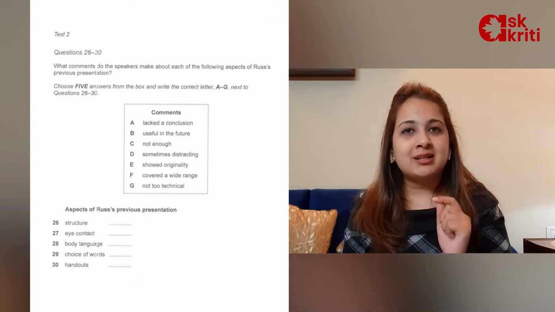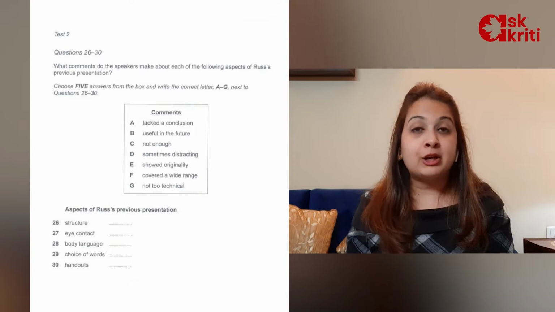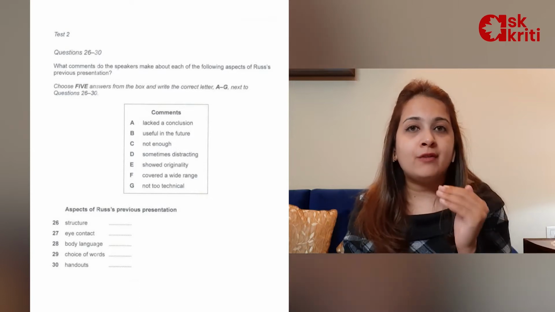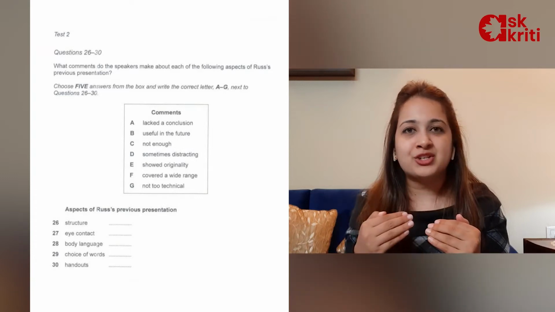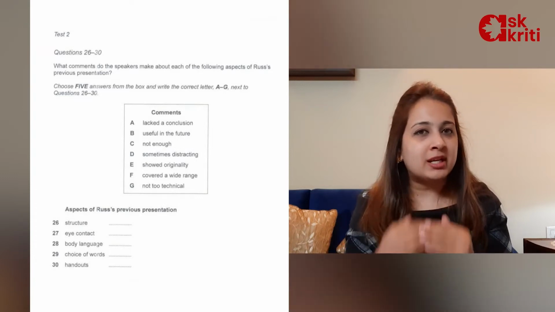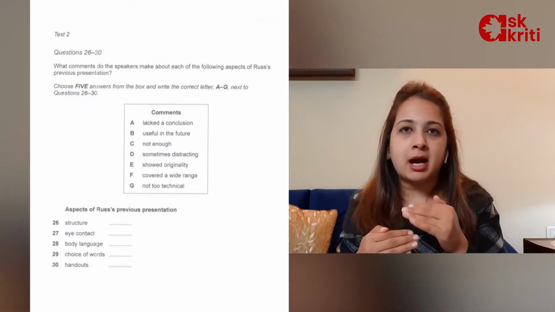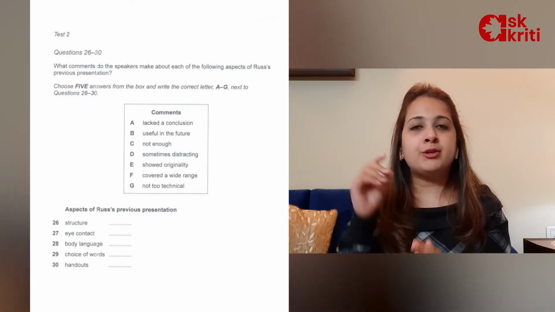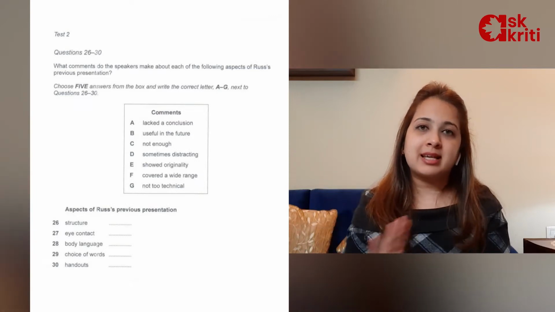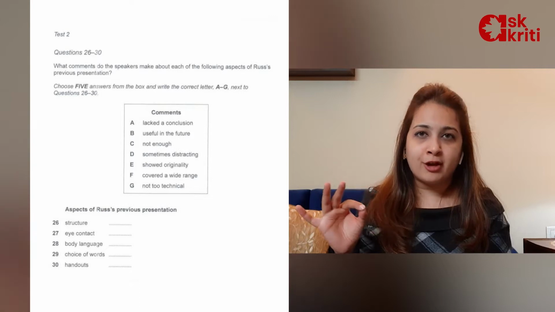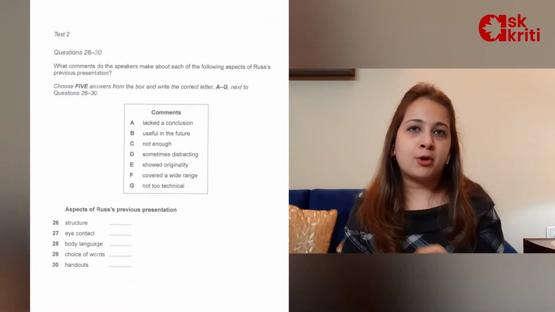Now, once the speaker starts speaking, it is where the bottom box comes into play. The speaker will always speak about one option, then another, in a sequential, chronological manner. It will never be that the first option is spoken about first, then the third, then again coming back to the second. So what you need to do is keep a point on which option is being spoken about. That's it. You have to be aware of what question we are on. So that's the role of the bottom box.